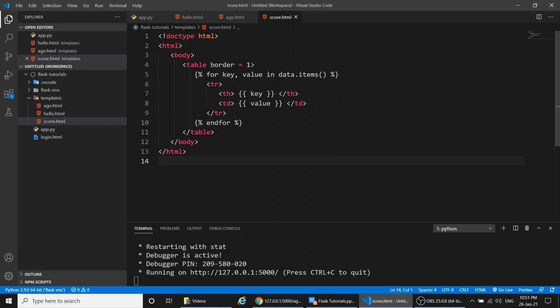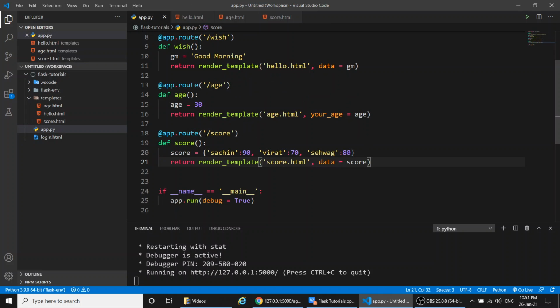Here the doc type and all these things I had discussed in the coding section. Now if we give the URL like this, then this data will be submitted to